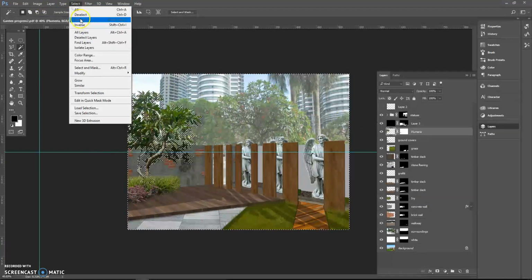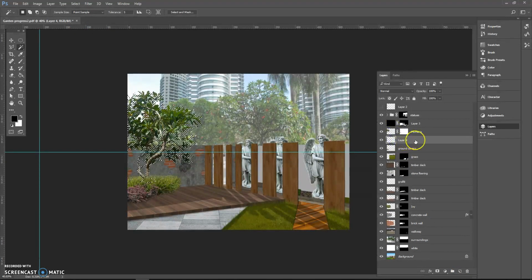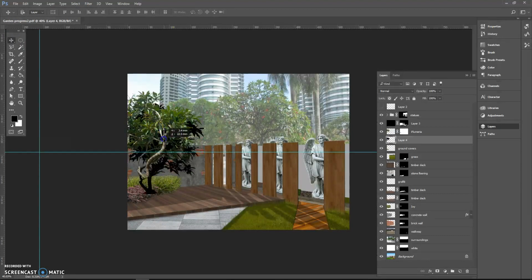Then I inverse my selection so that I have the tree selected. Now I can create a new layer below the tree layer, and I can make this layer black. So I fill it black like this. You will not see much because the tree is blocking it, but if I switch off the tree, then you can see it. I can deselect this, and now I can actually move this black layer down a bit, and